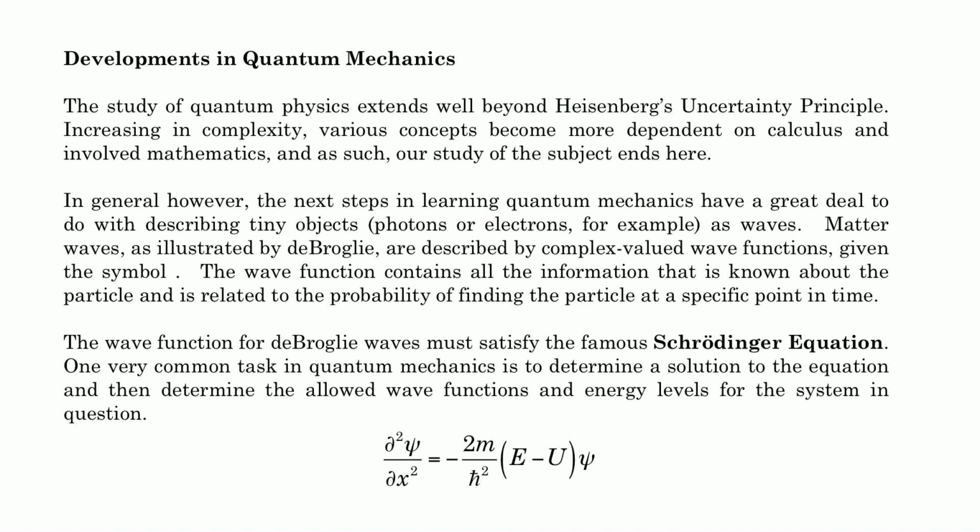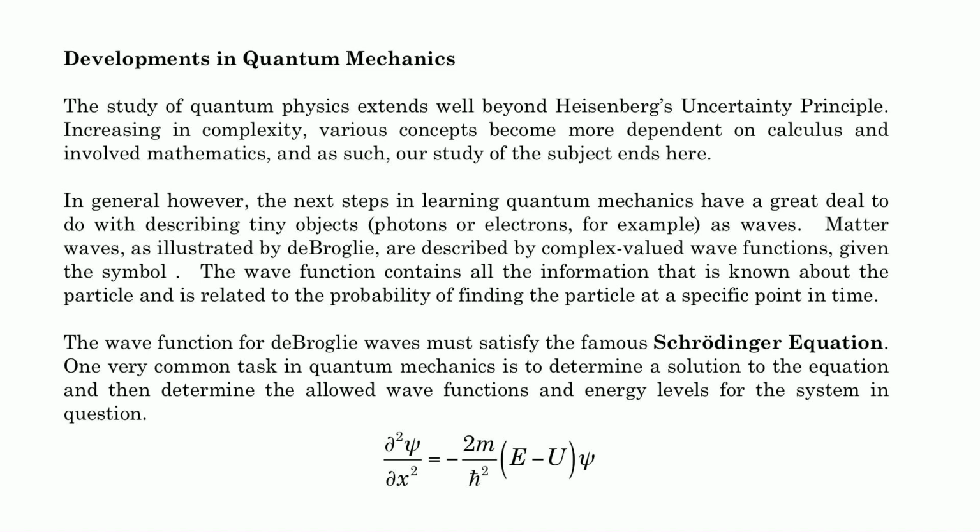We'll just end off this part of the unit by talking about some developments in quantum mechanics that go kind of beyond where we are now. And it gets very complex from this point out. It becomes more dependent on calculus and some involved mathematics. And so we end our look at this kind of subject area here. The next stages in quantum mechanics really have a lot to do with describing tiny objects as waves. Of course de Broglie illustrated that everything can be described as a wave. We can give it an associated